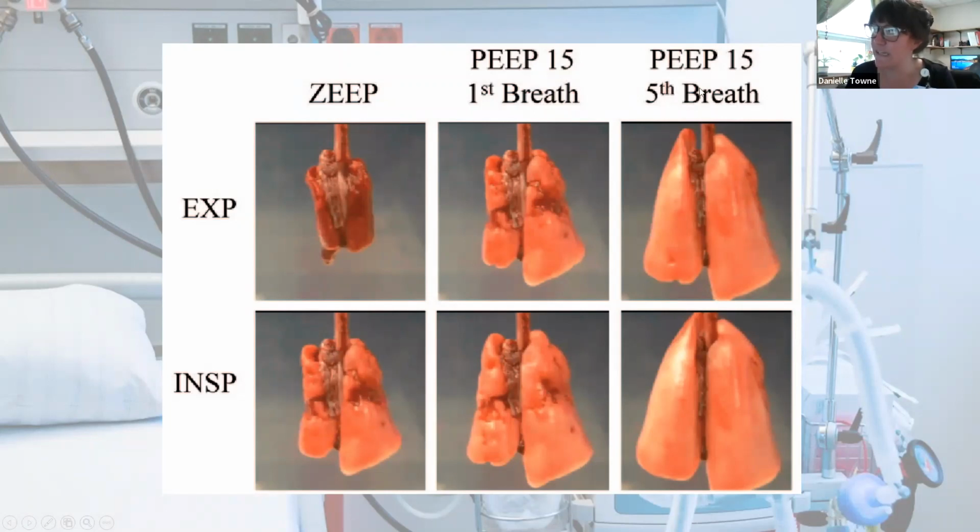So if we set a PEEP of 15, it's showing what several breaths will get you. What happens with PEEP, and you can watch some really cool YouTube videos if you just Google PEEP in pig lungs even, is that when you first apply PEEP, for every breath it opens a little, and then a little, and more, and more, until those lungs are fully expanded. So it takes a breath in, but when they breathe out, instead of totally collapsing, those little sacs all stay nice and open. So the lung fields stay nice and open. And this is really important because it increases the surface area in which the oxygen exchange can occur